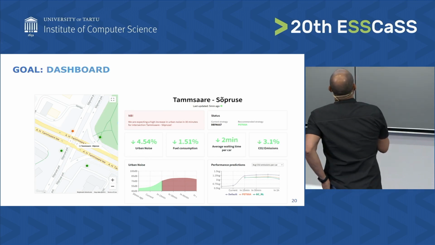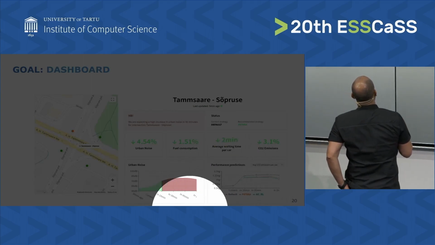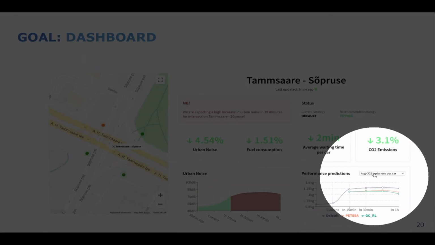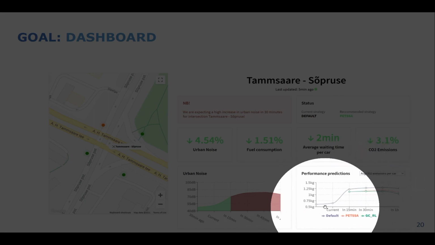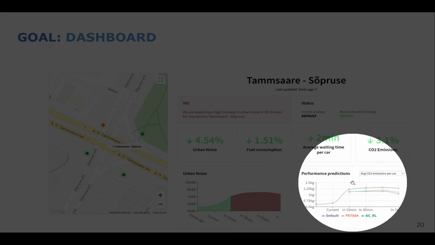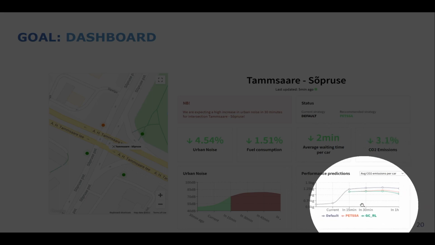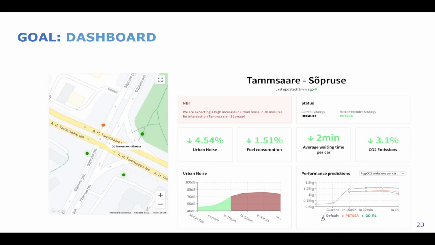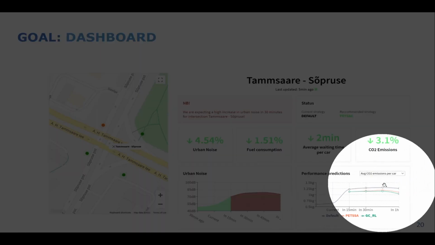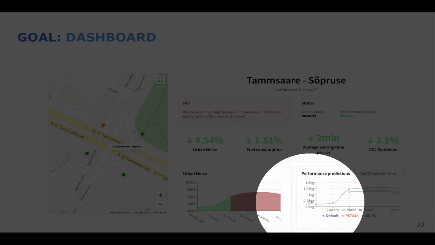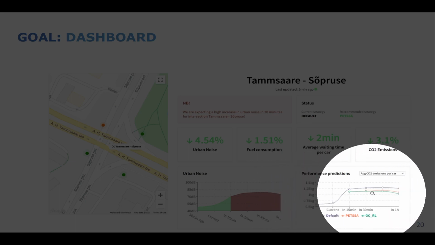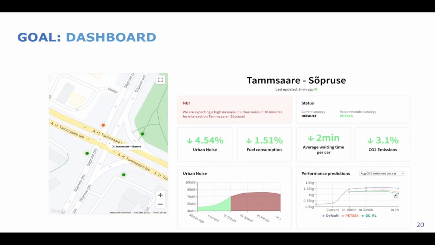For example, here, if you choose your key performance prediction by CO2 per car, you will see here, if you stay idle, this is where you are. This is your level. You are not doing anything. But if you adapt your strategy, if you choose, for example, the green one, this is your level, and you will see how much you will decrease the CO2 emission.